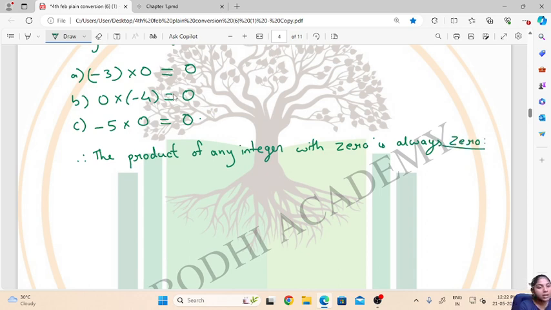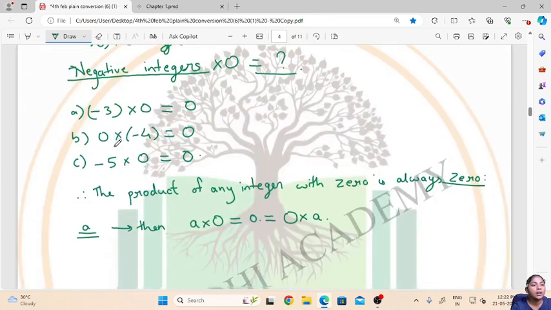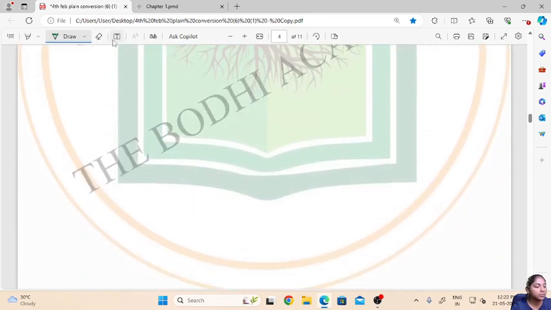That is, if a is any integer, then a multiplied by 0 will always be 0, which will be also equal to 0 multiplied by a. Then the next property after multiplication by 0 is